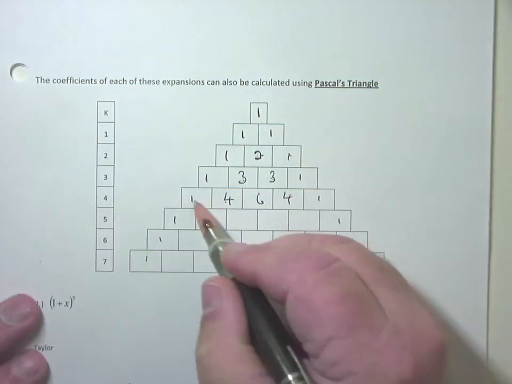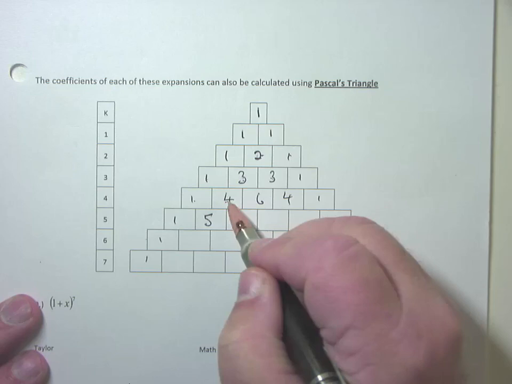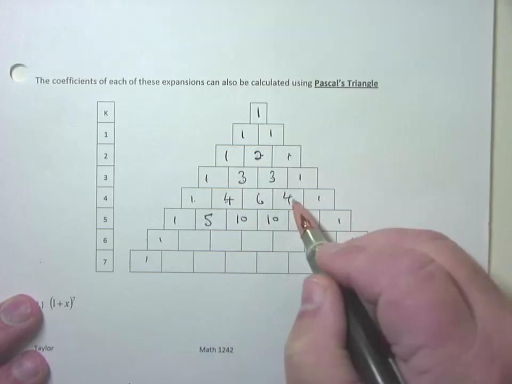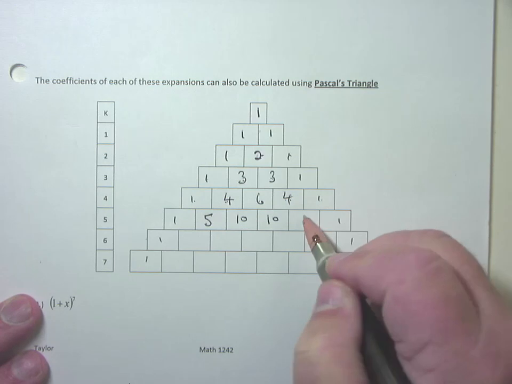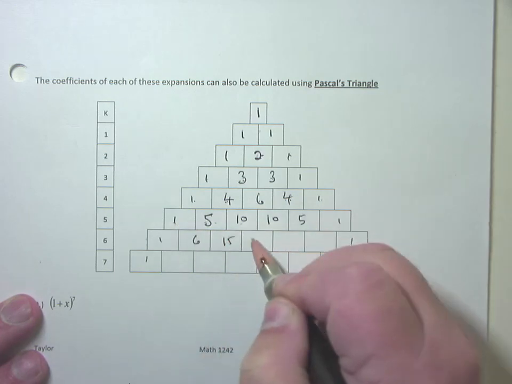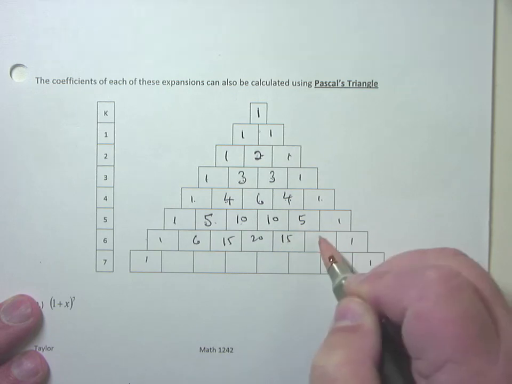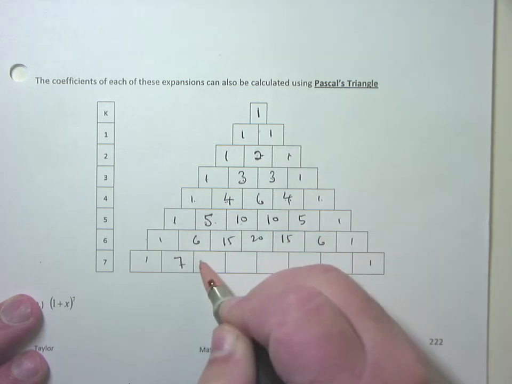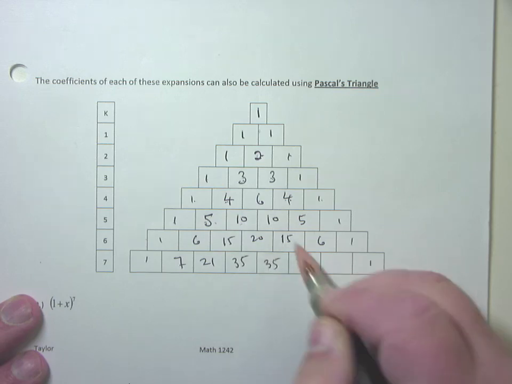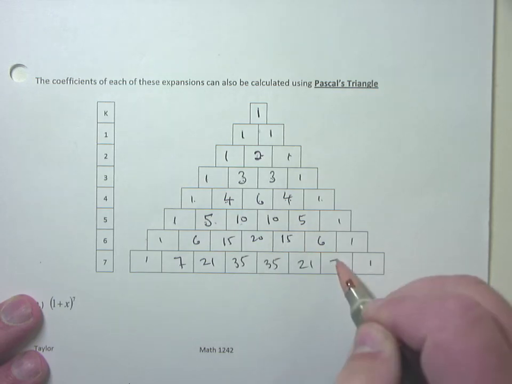Go down here, this is a 1 and a 4, makes it a 5. A 4 and a 6 makes it a 10. A 4 and a 1 makes it a 5. This one's 1 and a 6, 6, 15, 20, 15, 6, 7, 21, 35, 35, 21, 7, and I can